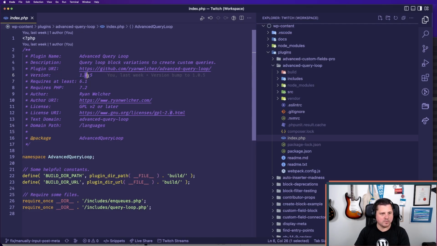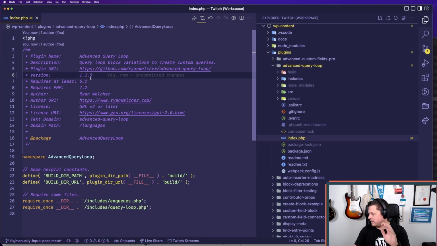I think I'm just going to say this is, okay, all right, sold. So it's going to be a 1.1.5. That's the version. This is just semver versioning. If you're not sure what that means, basically the large number is a change that breaks backwards compatibility. The minor version here is going to be